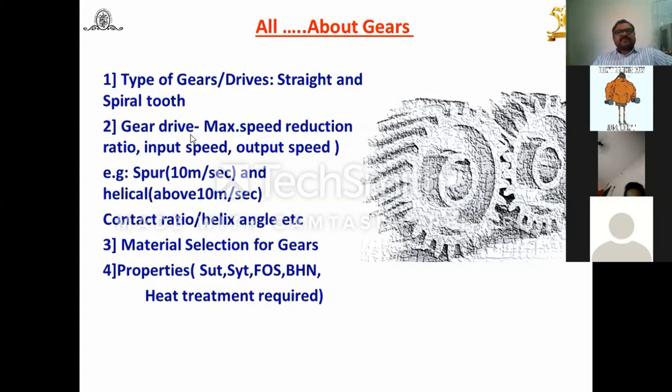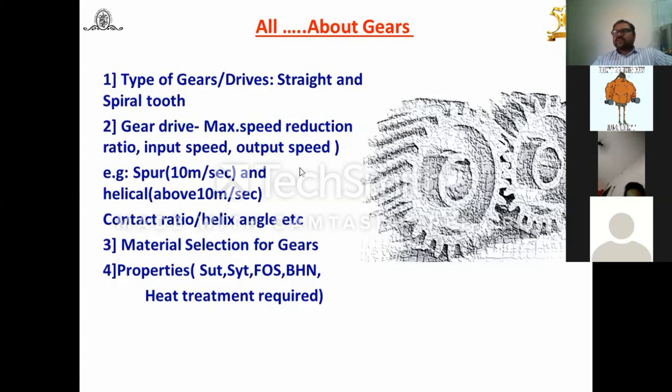Then the second one is the maximum speed reduction ratio. How much is the reduction? In a single stage, the maximum speed reduction I told in the earlier slide is that up to 6 is possible. But for bevel gears, in books it is 1:1, but up to 3 you can go. That means while selecting the gear, you have to take care of how much reduction in each stage is possible using that gear. For a spur gear, 5 to 6 is okay. For a helical gear again 5 to 6 is okay, and maximum up to 8 for light duty applications you can do.